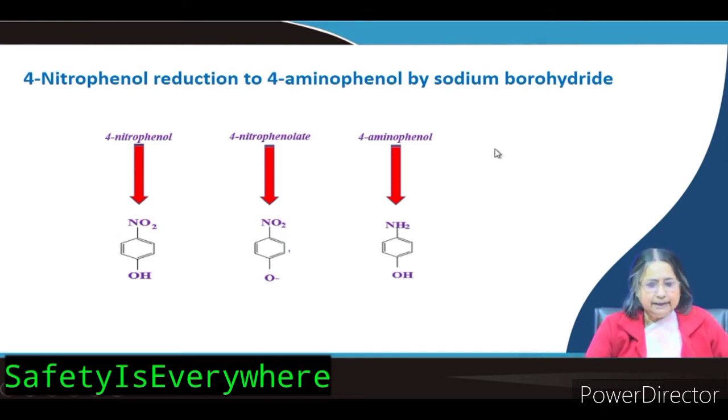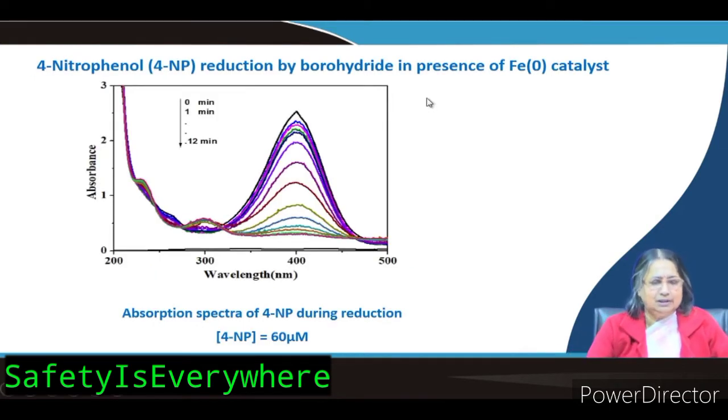So, here the reaction, if there is no catalyst, only sodium borohydride, then the reduction is very slow. It is possible, but it is slow, it takes maybe 24 hours, 48 hours, something like that. If we put some catalyst, then it becomes faster. That is a separate chapter, catalyst I will discuss in the next module. Anyway, you should know it, otherwise you will not understand.